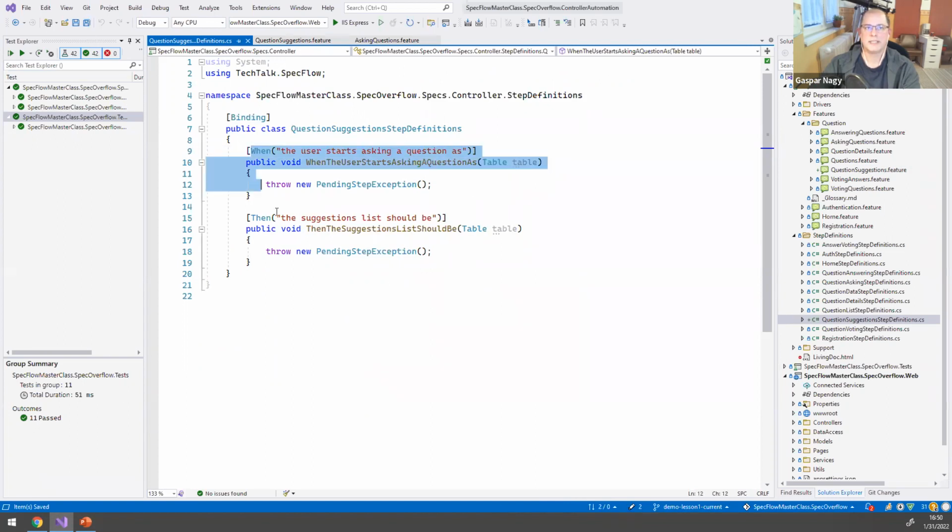Basically 2 placeholder, skeleton methods where I would need to fill in my automation logic. So that would be the next step that I would do. I will not do much coding here because that would be too slow and would involve too much coding. So what I do instead is